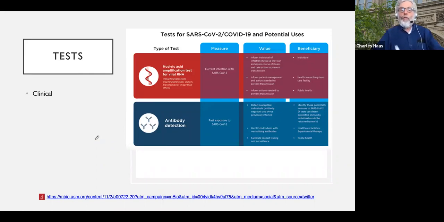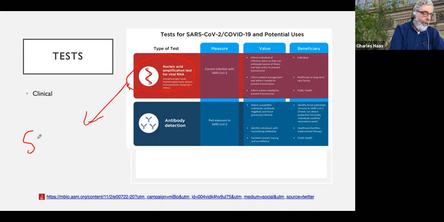Now, I want to say a few words about testing. And this is a slide recently put out by the American Society for Microbiology. And it talks about the two main types of tests that are being used now for SARS-CoV-2 and how they might be used. The major testing